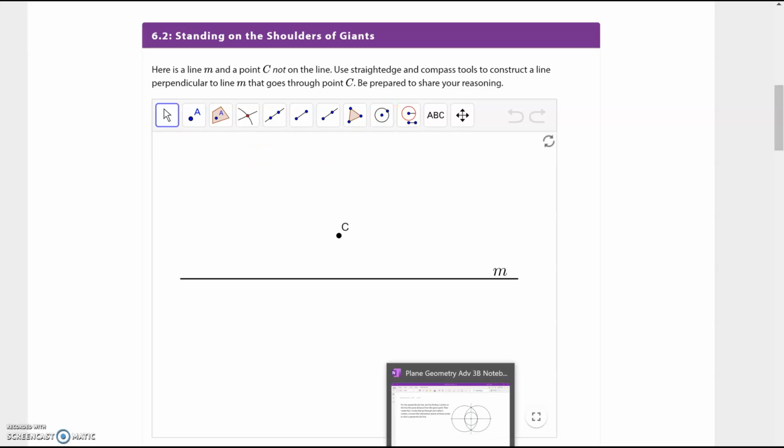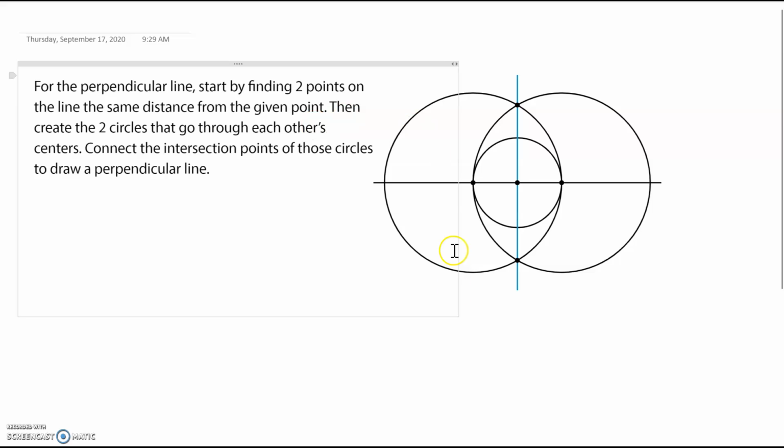Before we do that, however, I'm going to pull up this little reminder from lesson 5. This reminder says for the perpendicular line, first we need to start by finding 2 points on the line the same distance from a given point. So here's my given point in the middle. And to find 2 points on the line that are the same distance, I draw a circle. And I know that now these 2 points that are on this small circle are the same distance from the